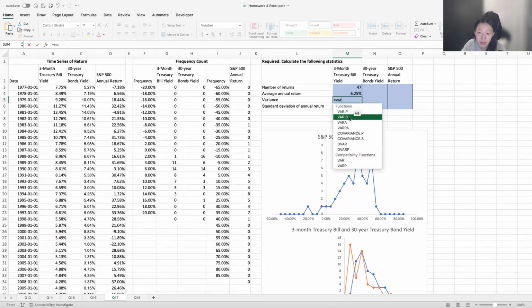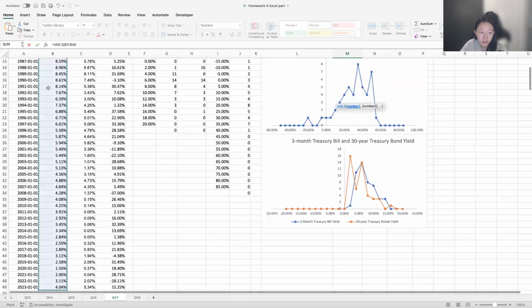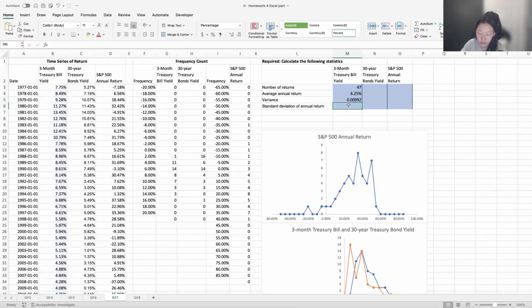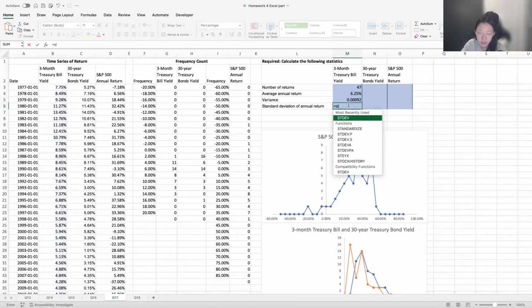We're choosing sample variance here since we don't have the full population of the data, so we only have a sample. And enter. Standard deviation is very similar, choosing sample standard deviation,